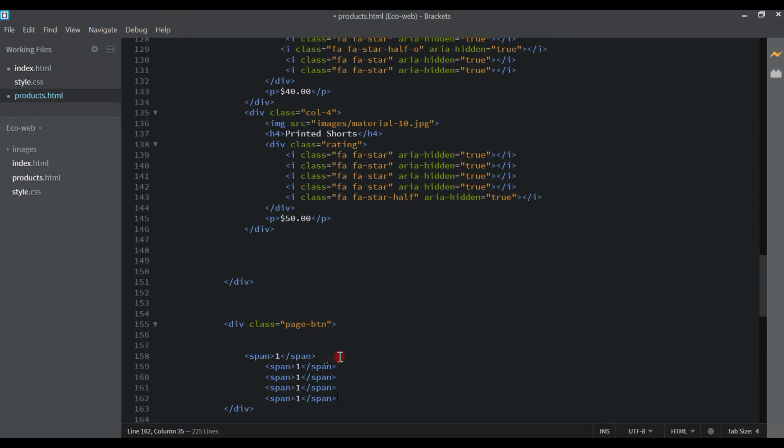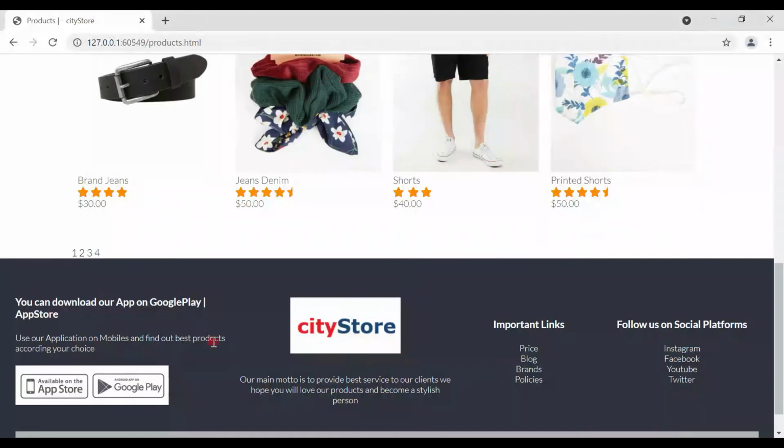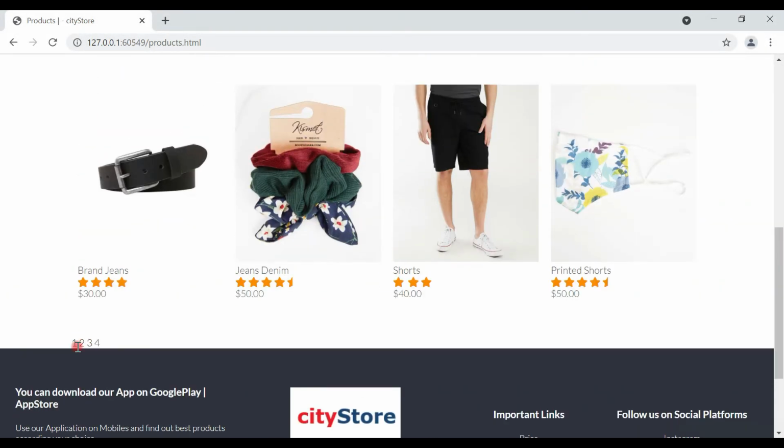Now change the number to 3, 4, remove this, Control S. Now you can see here you have these buttons 1 2 3 4 5, and